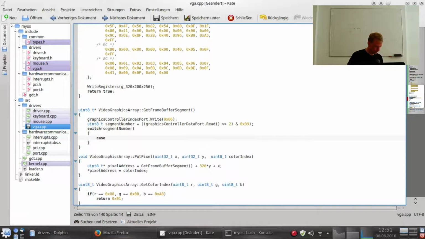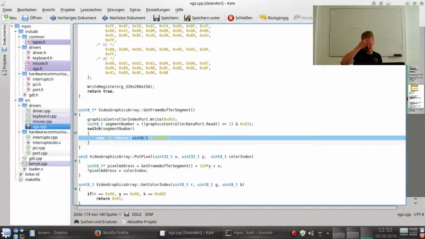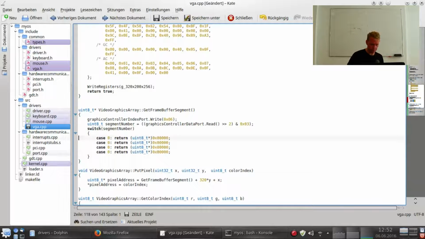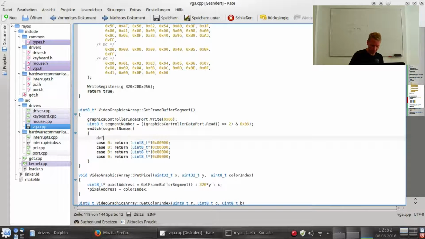Okay, now if this is a 0, then we need to write our data to the memory location. Okay, this is a bit odd. Just 0, okay. Bit strange, but okay, I will also put a default